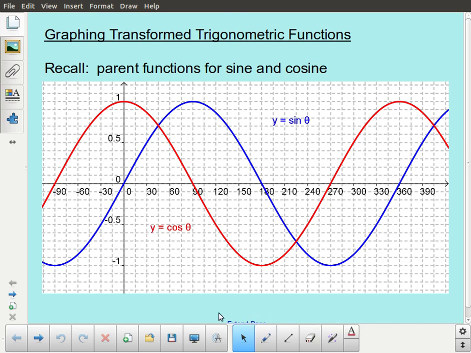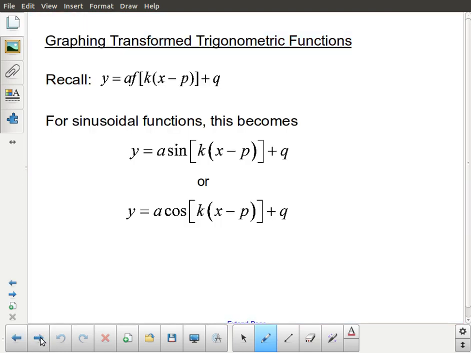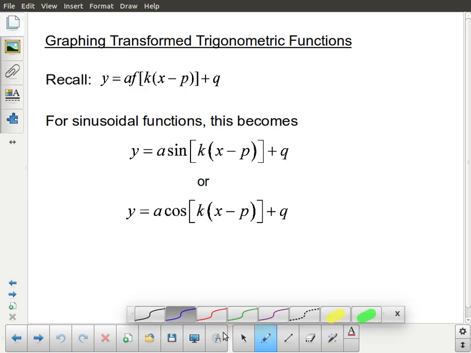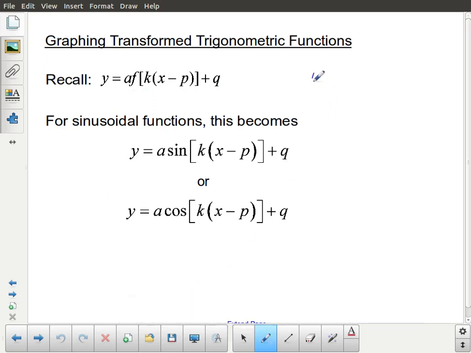Just to refresh your memory, here are the graphs for sine in blue and cosine in red. Those are the parent functions. And just to remind you of something that we've covered before in this course, and hopefully you've covered yourself before coming to this video, which is the idea of just function notation in general. If we start off with a generic parent function y equals f of x,